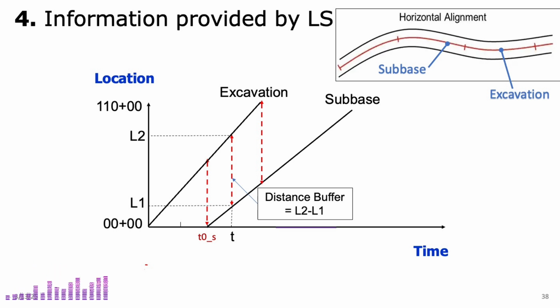First, identify the time you're interested in, and draw a vertical line at that point on the schedule. Then, note where this line intersects both the excavation and subbase activity lines. Next, project these intersection points onto the vertical axis, which represents location, to determine the exact positions of both activities. Finally, the difference between these two locations gives you the distance buffer, or the space separating the two activities at